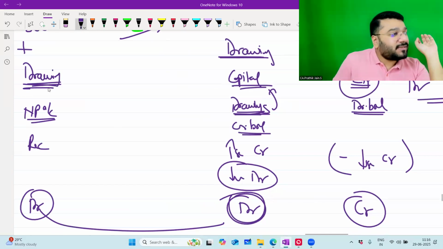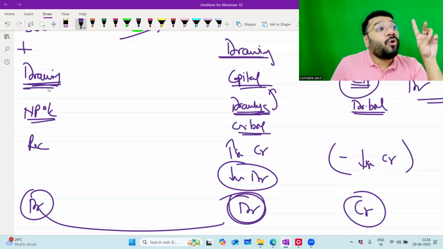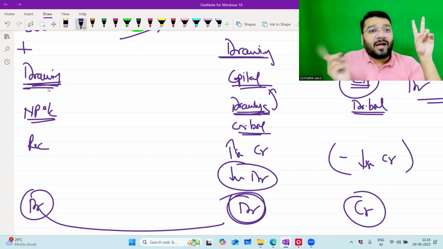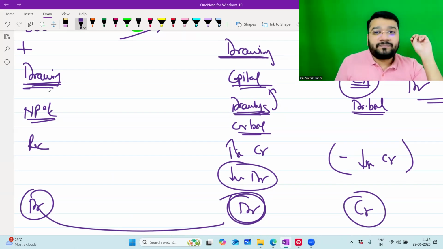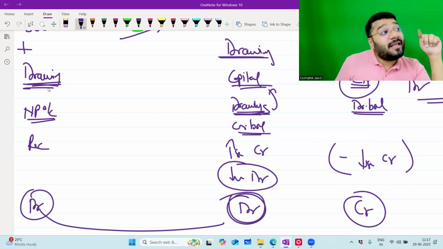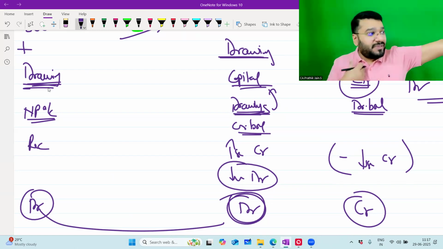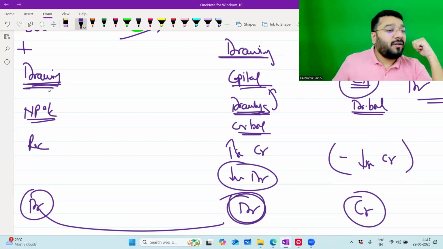First, are you clear with these drawings? Drawings and capital both belong to the owner. If the owner gives money, capital account. If the owner takes the money back, drawings account. Giving in one account, taking in another account. So capital account and drawings both belong to the owner. Owner means personal. Which personal? Natural personal. Debit the receiver, credit the giver. So when the owner is withdrawing the chocolate from the business, he's the receiver of the chocolate. Business gave the chocolate, but the owner is the receiver. Debit the receiver. So drawings account is debited, even as per the golden rule. What is the other account?